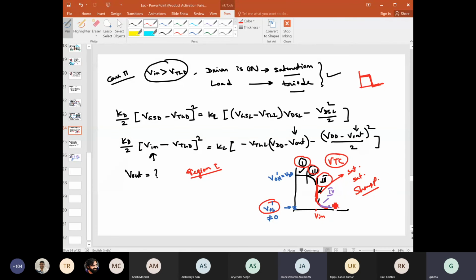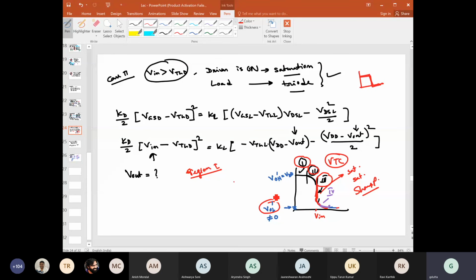Okay, but before we, yeah, Ganesh, please. Sir, wouldn't in case 3 we need to include channel length modulation effect as well, right? Right. If you include the channel length modulation, then we will not get the V input equal to constant. For this case, that condition you will not get there. You will get some dependence on V input, right?